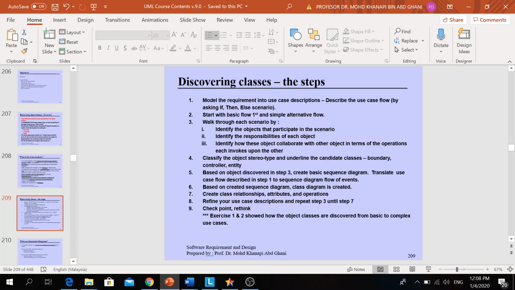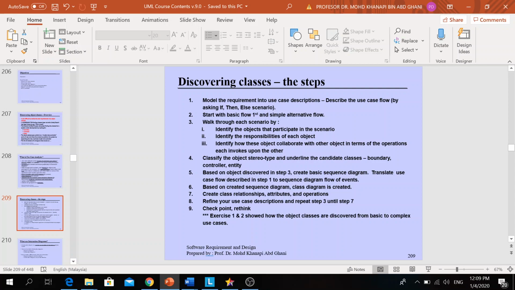After you write the basic flow, you need to classify the object stereotype. Mark the object stereotype, for example, controller or boundary or entity, by underlining it.